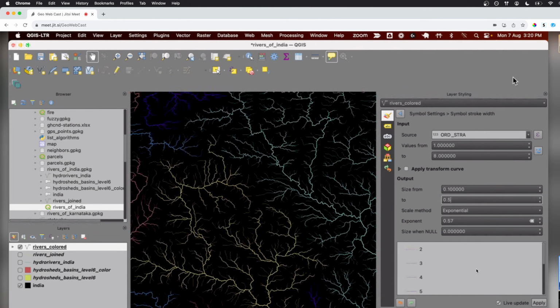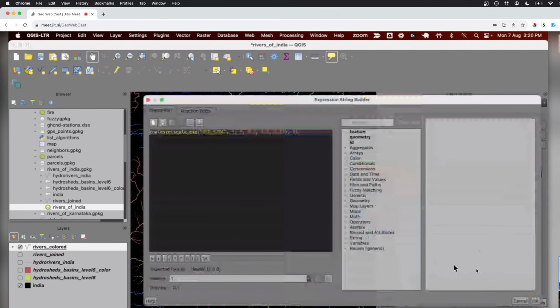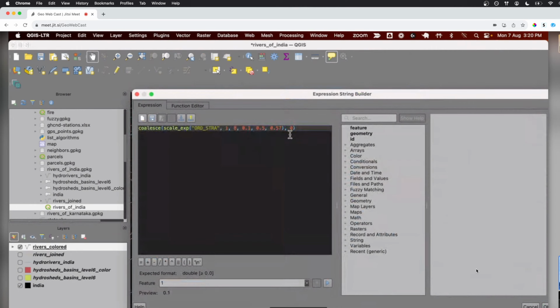And again, you can see the layer styling panel here is interactive. As soon as you change something, your map updates. So this allows you to create this map in an interactive way. And you have tools like this assistant, which allows you to figure things out. And again, it figured out the expression for you. If you see the expression, this is the expression it figured out. So you don't have to write the expressions anymore. But if you want to, you can override this with an expression.